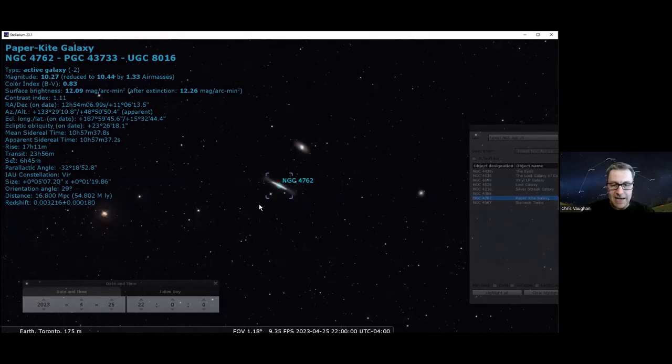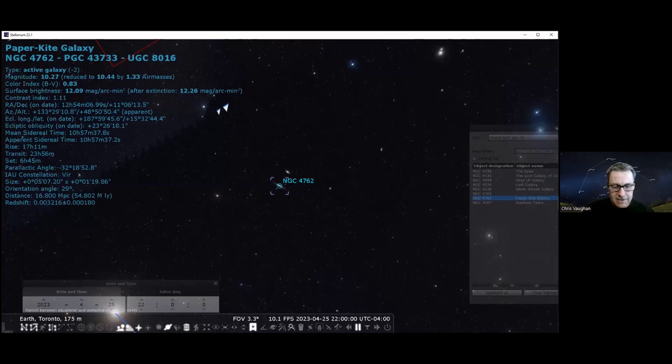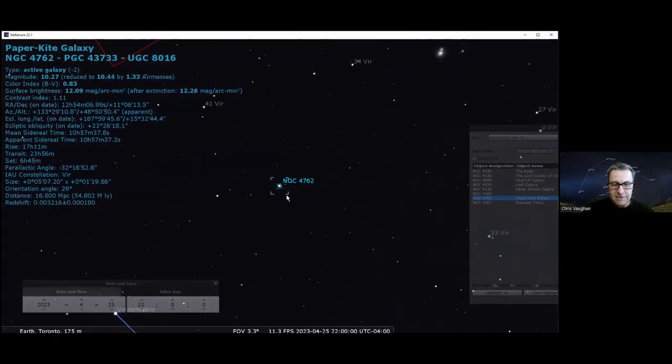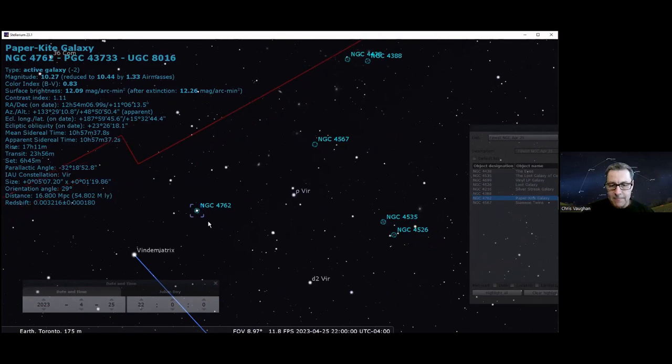All right, let's wind back a little bit. I'm just going to bring this back here. So now we're going to go further from Vendomatrix. We're going to go to NGC 4526. So you can star hop if you want to from 4762, or you can just make your